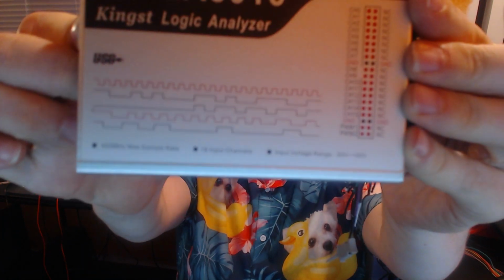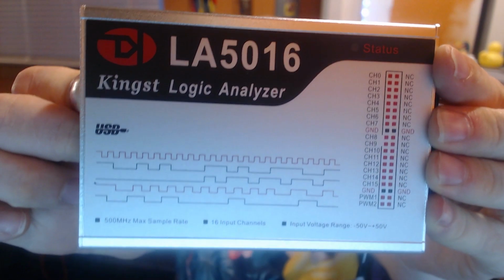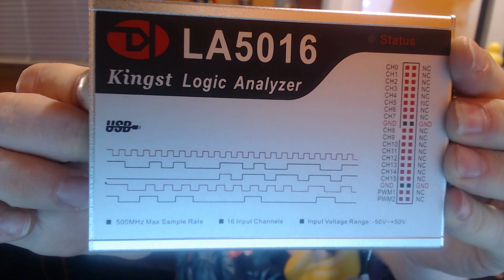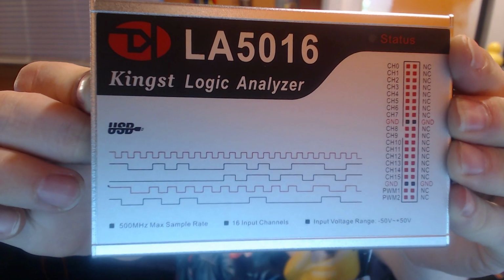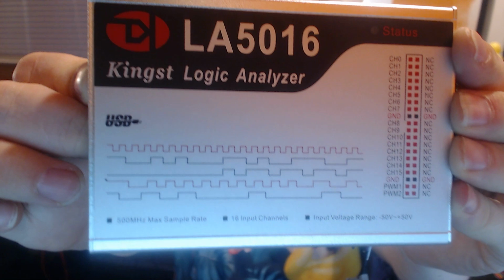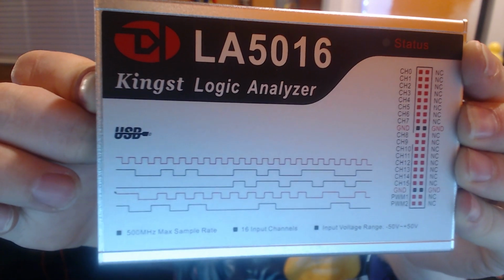This here is the tool I will use to do the functional analysis of the Arduino. As you can see, it has a 500 megahertz max sampling rate, 16 input channels, and a negative 50 to 50 volt range. This does require the use of desktop software as well, and it also comes with a variety of extras, some extra cables and alligator probes for doing your analyzing. In order to use it, you have to install the software on your computer, and that's about the only downside,